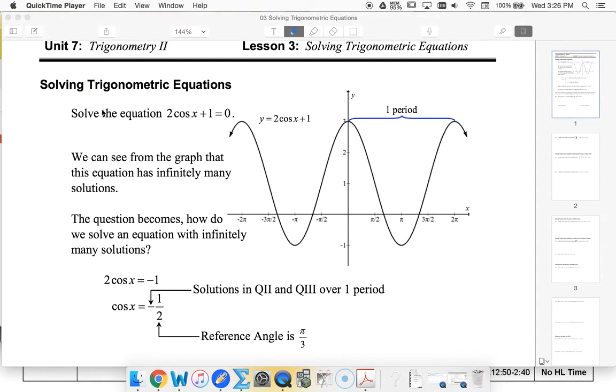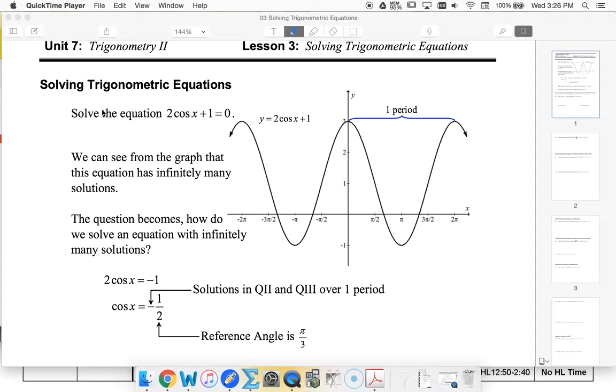All right, so now we're looking at solving trig equations, and we looked at this a little bit in our modeling, but now we're going to look at it just for equations and think about connecting this back to the unit circle. So if I wanted to know when 2 cosine x plus 1 is equal to 0,